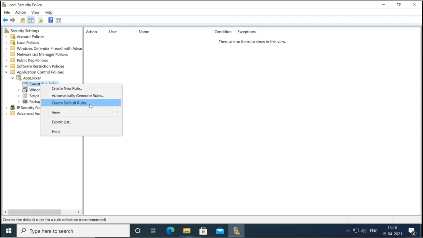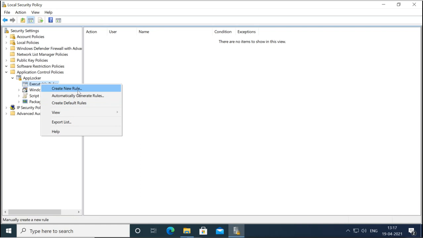Otherwise, only the application which you mentioned here will work or not work, and the applications from Program Files will not work, or Windows will not work. So this will create the default rules. Whether you create a new rule first, it will give you the option to create the default rules, or you create the default rules first, then you create your rule.